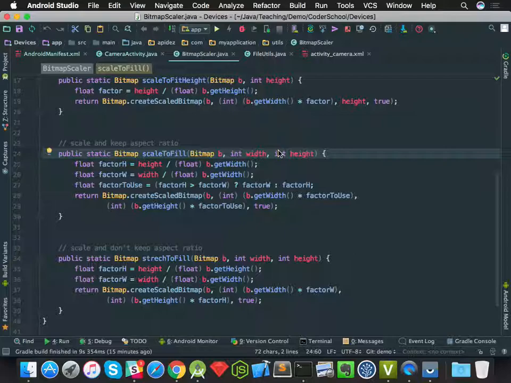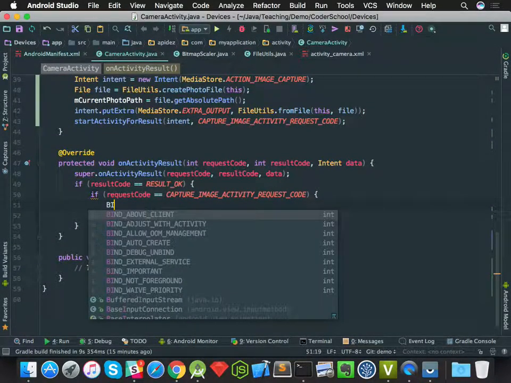For example, I have a rectangular picture and I try to put it in a square, so it's a compromise. You have to lose some width or some height when you scale it, right? And stretch to fill means I try to stretch it. The picture is going to be transformed in some ugly way, but I just want to make it fill, right? Okay. And in here I have to do